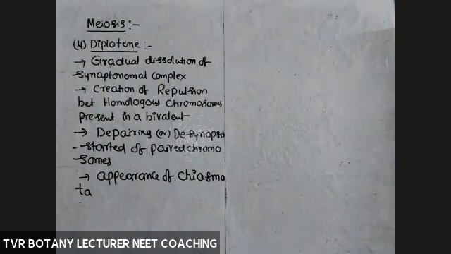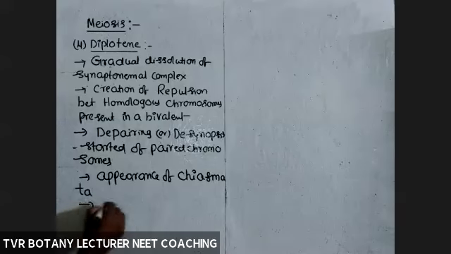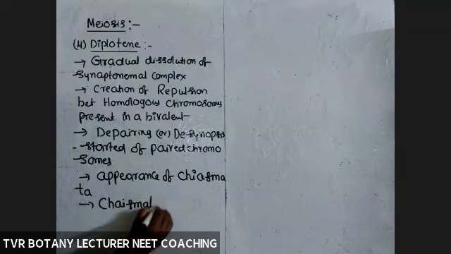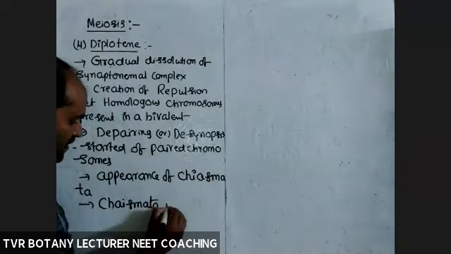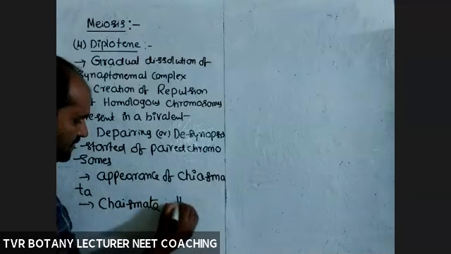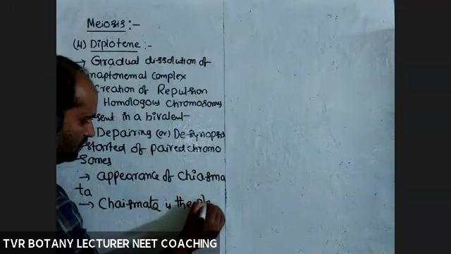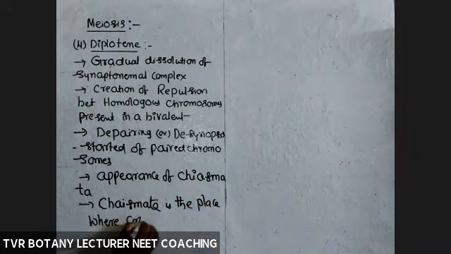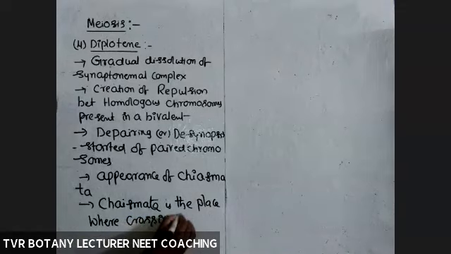What is chiasmata? Chiasmata is nothing but the place where crossing over happened